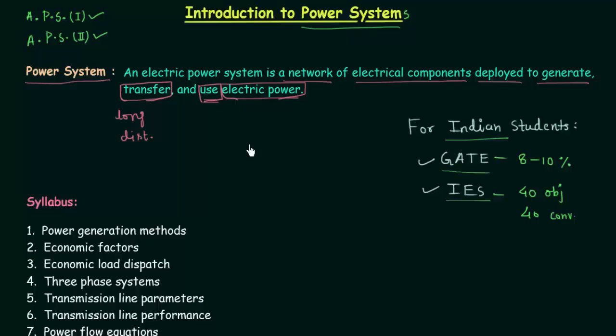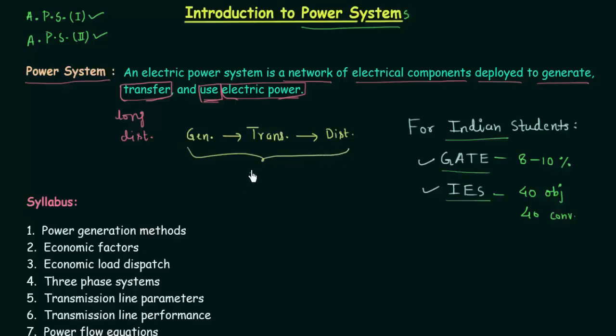We can divide the task into three different parts. I will write them down. The first one is generation, the generation of electric power, then the transmission of electric power over long distances. After that, distribution of the transmitted power. So generation, transmission and distribution is what we have to study in this course, and we should carry out these